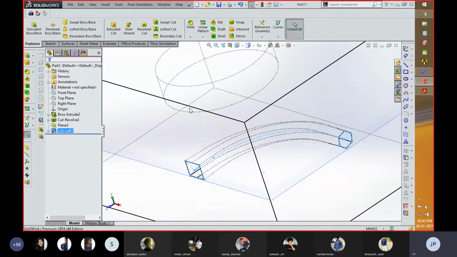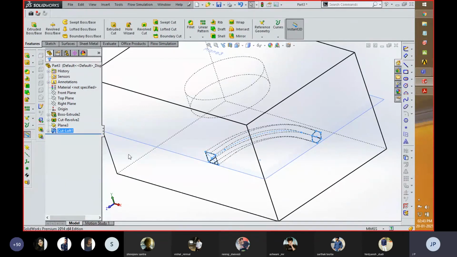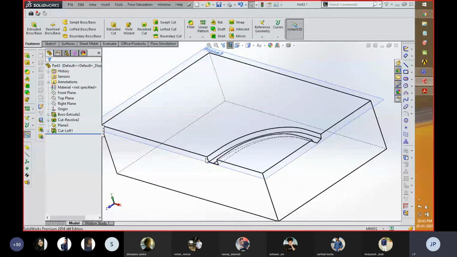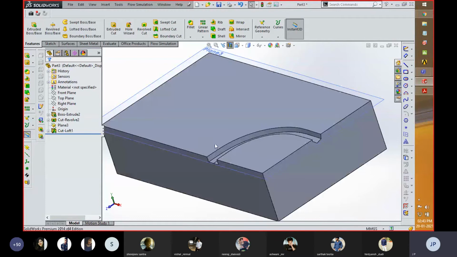So in such a manner you can cut a profile with respect to a component, having a different profile on both sides. Over here you can see that on this side the profile is rectangular, and on the other side the profile is hexagonal. So in such a manner these two different profiles are connected with the help of this toolbar. Okay. So in this way this material can be removed.